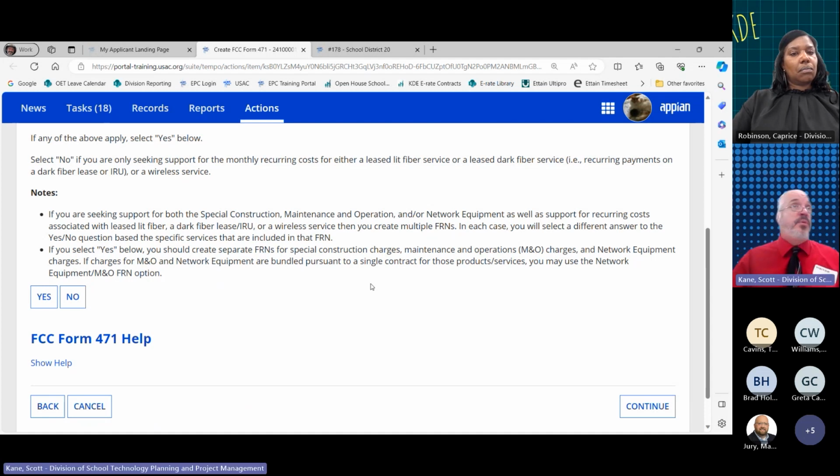You may have, for example, a dark fiber lease where you need to upgrade or update, replace GBICs, for example. And if you don't have those GBICs, you don't light your fiber, do you? Without lit fiber, you don't have data transmission. So obviously, those GBICs are incredibly important.